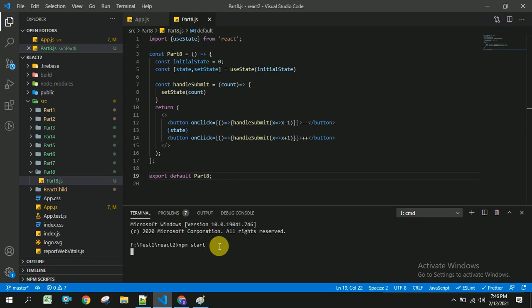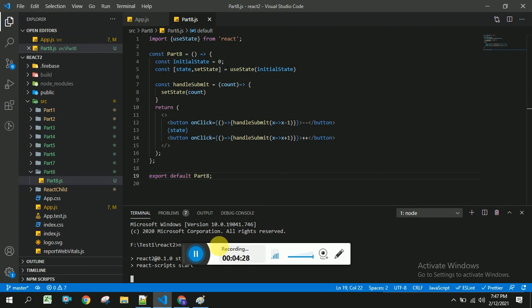If you have complex state management logic, you can always go with useReducer. For this example we don't need useReducer, but I wanted to show how to do the same thing with useState and how to do the same handle counter with useReducer. That is the main motto of this video. So it is getting compiled.